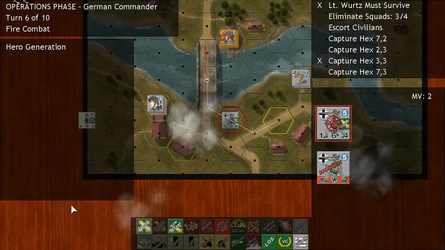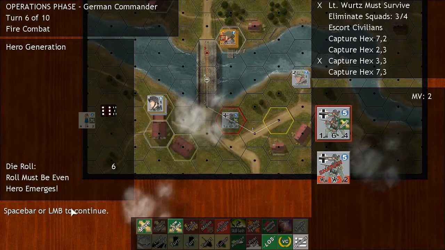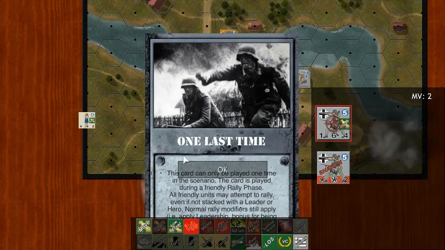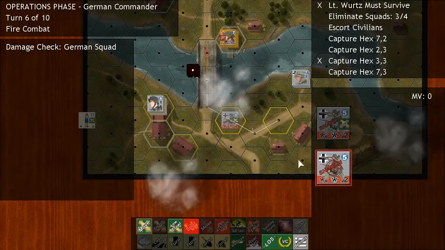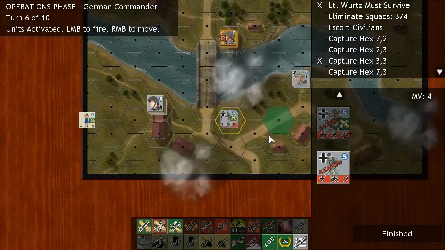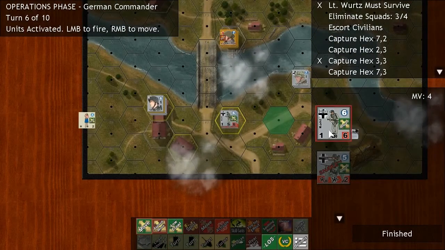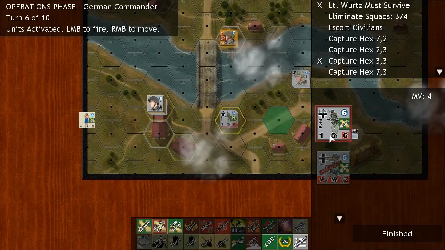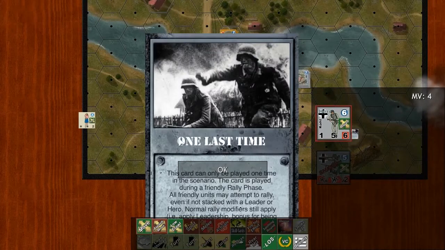Did we suffer any casualties? Shaken hero generation. Ooh, a hero emerges. So, it is kind of called Heroes of Stalingrad for a reason. You can generate heroes, essentially individuals of great... Oh no, did the hero die immediately after he... No, he's here. So, you can generate heroes out of a few things like taking or being shot at,